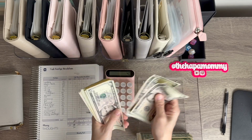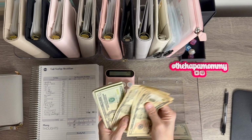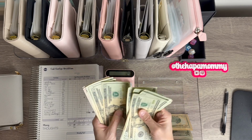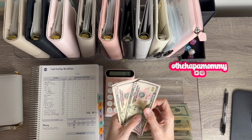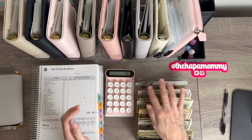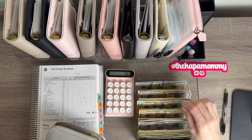Then in fives, 5, 10, 15, 20, 25, 30, and 35. Tens, 10, 20, 30, 40, 50. 20s, 20, 40, 60, 80, 100, 120, 140, 160, 180, 200, 220, and 240. 50s, 50, 100, 150, 200, and then we have one $100 bill. So 665 total. So first we are going to stuff $20 in my spending,